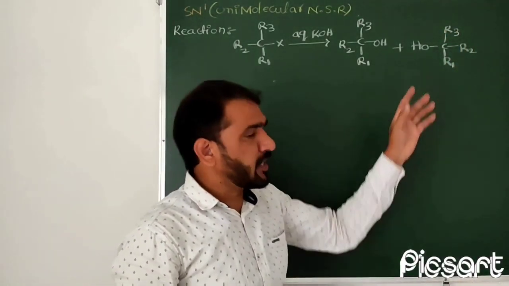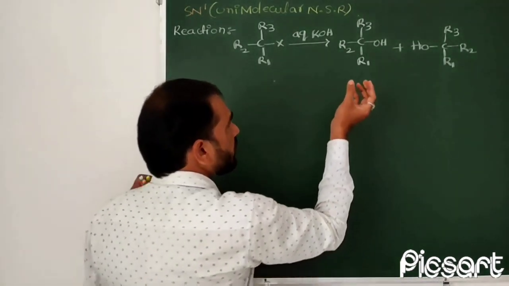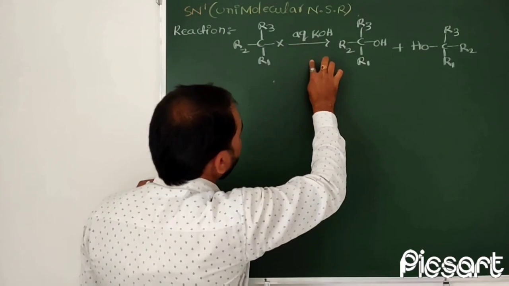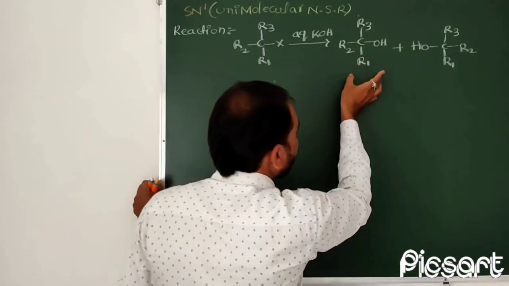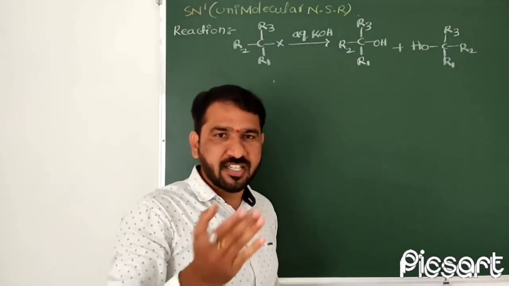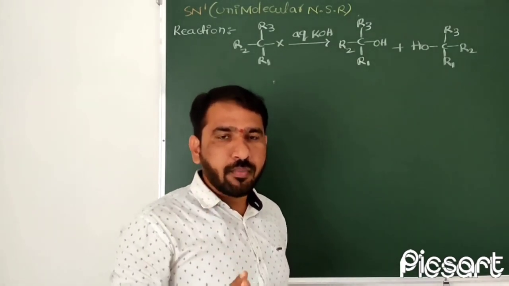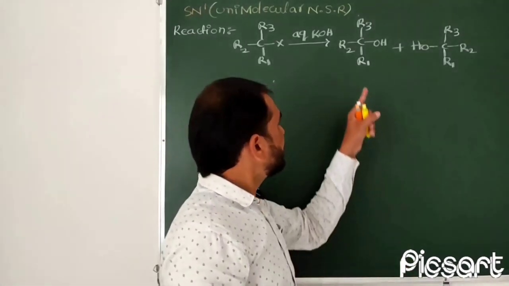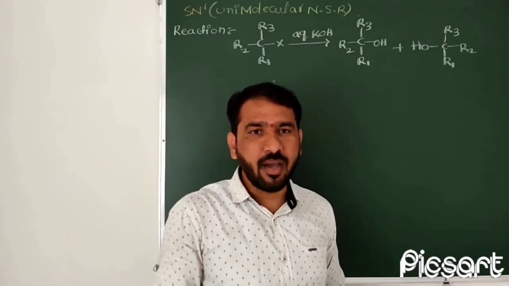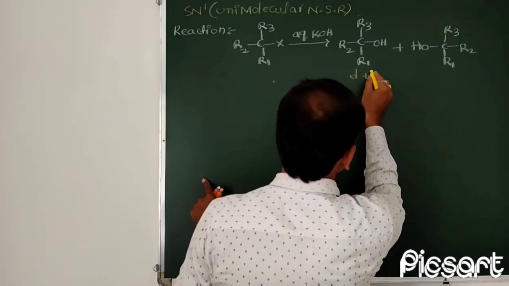So in this product, the first product has the OH group on the right side, and that OH group retains its position. It means in the reactant the leaving group halide is on the right side. In the first product, the attacking group is also on the right side. That nucleophile position is retained, that's why that compound is called the retention product. If you pass plane polarized light, this first molecule rotates the plane polarized light in a clockwise manner, so that product is called a dextrorotatory compound.